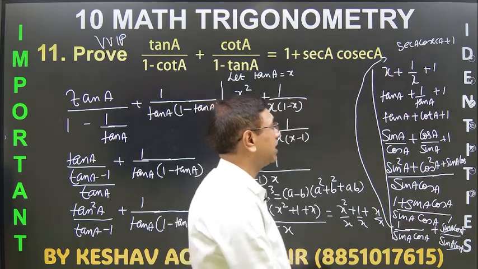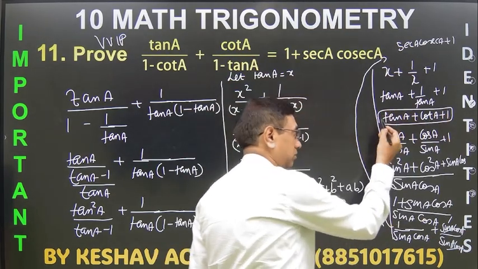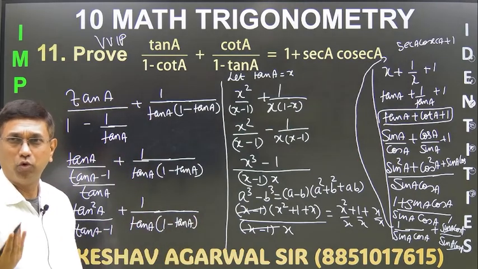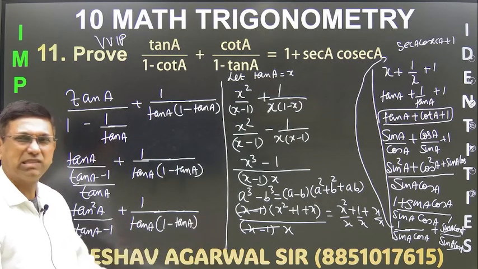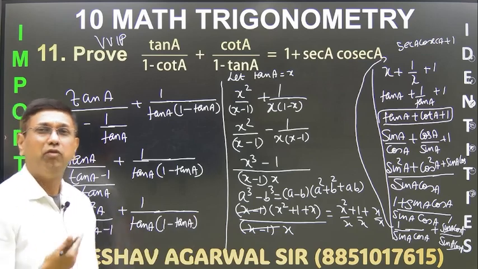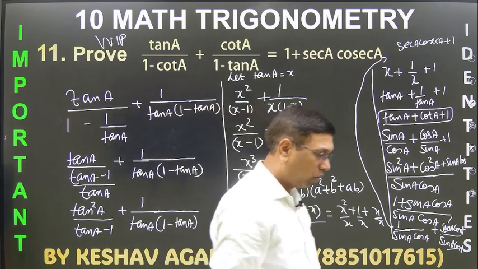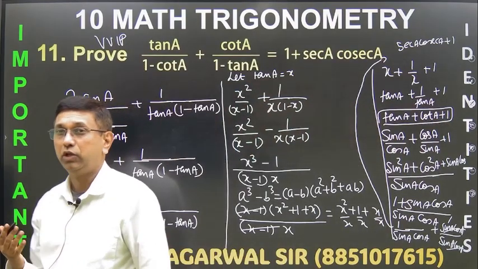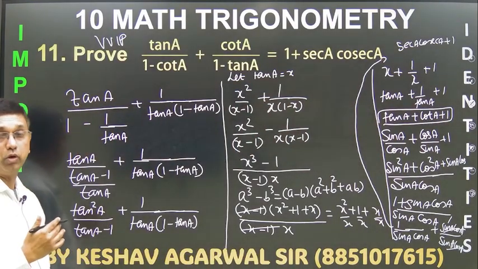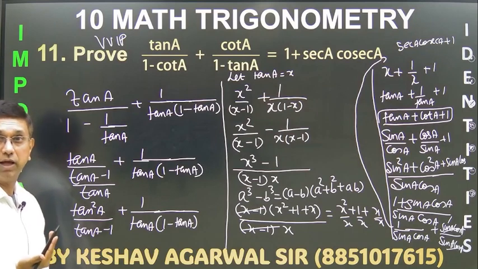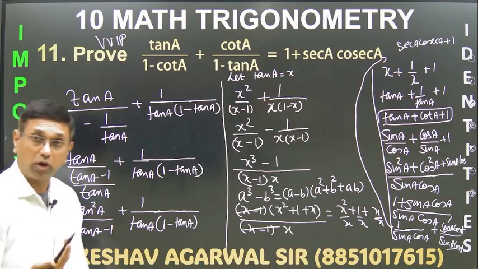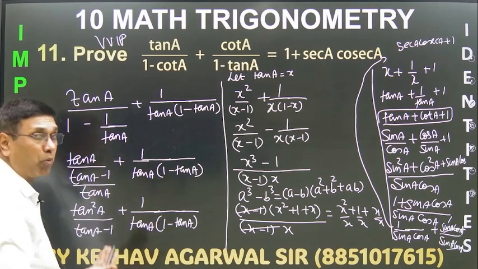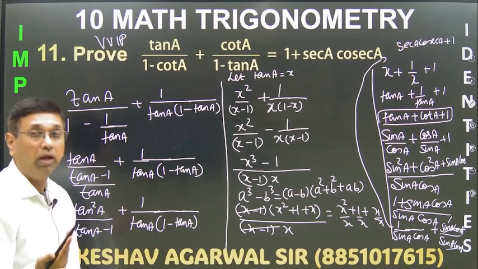But if the question comes only to prove till here, then it's a little easy and you don't have to go anywhere ahead. But if it is in sine and cos, we also have an alternative way, so I'll discuss that also. Just go through it, this is an important question. You cannot ignore it, you have to do this question at any cost. So tan a upon 1 minus cot a and cot a upon 1 minus tan a. You can pause and watch again whenever you want and try it.